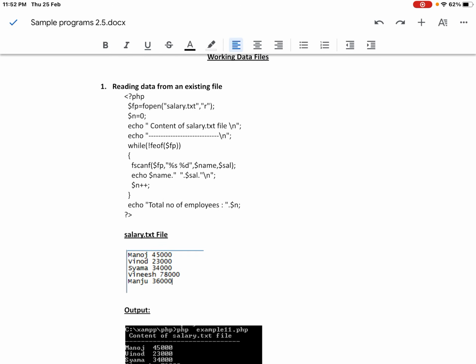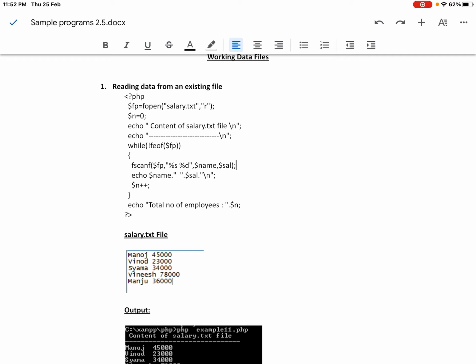You can see here that salary.txt is opened in R mode, and an integer n is initialized to 0. Every time we check whether the end of file is reached. feof always checks whether the end of file is reached.